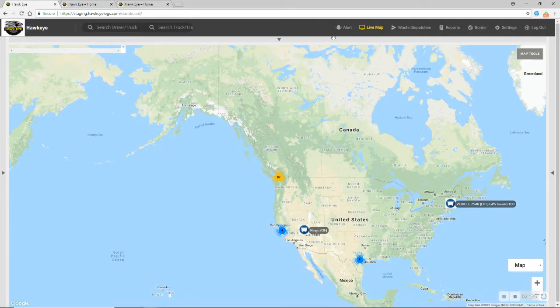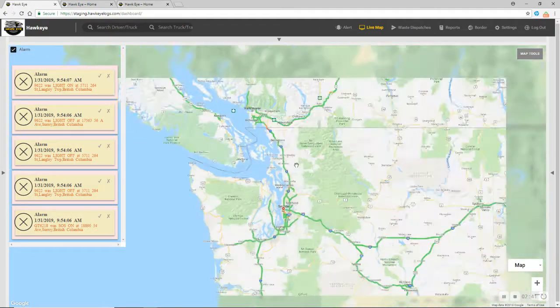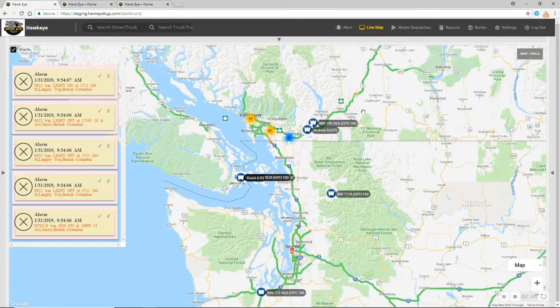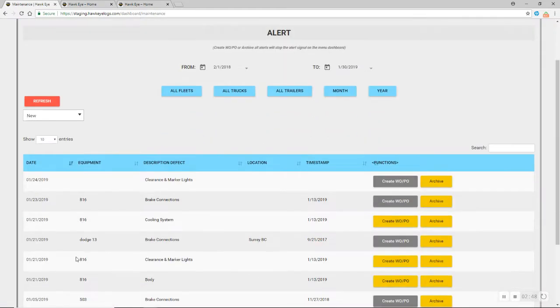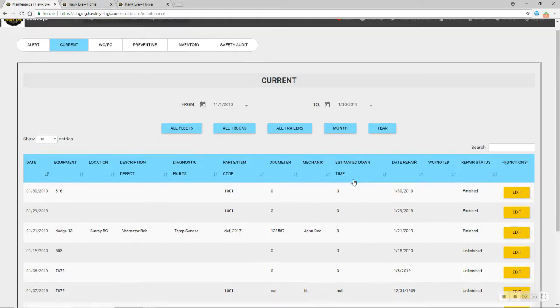We have a couple different alerts that pop up. One is the maintenance alert. One will be for geofence, if something's entered and exited geofence. This is the maintenance. Alerts will come in from the vehicle, whether you have a unit plugged into the diagnostic port or the driver. You have the current work, who's working on the